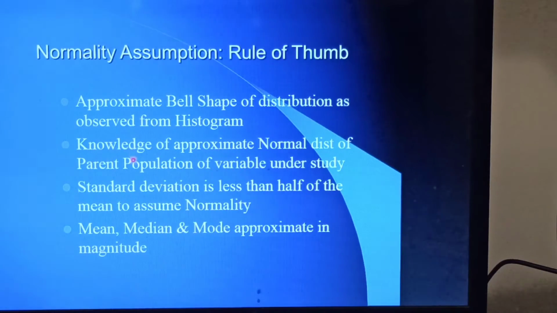If that basic parent population's normality assumption is already known, we can go ahead with that. Another rule of thumb is standard deviation divided by mean. If you compute, if the standard deviation is less than half of the mean, then we can assume normality. In addition, in normality properties, mean, median, mode coincide. These are some important rules of thumb which we can easily